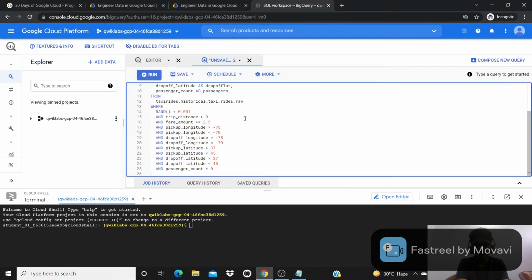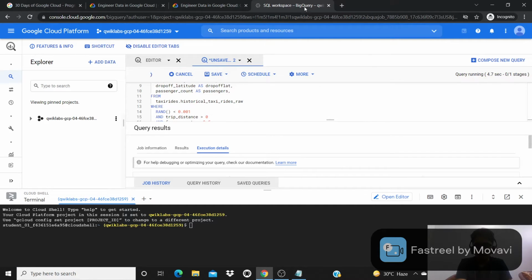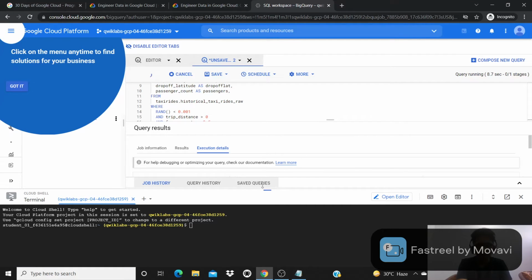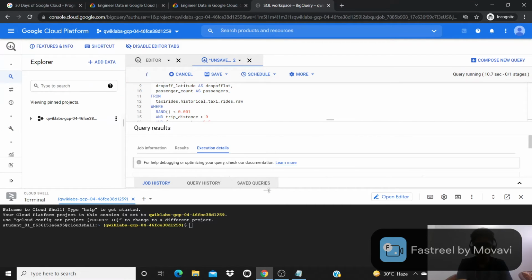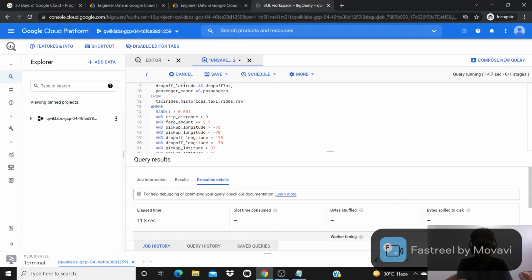After this, we will write a piece of code. Now what it is doing, it is cleaning our data and making a copy available to us into a new table. Now that query will take some time, around 30 seconds to complete.